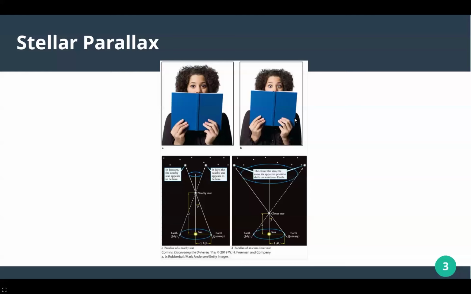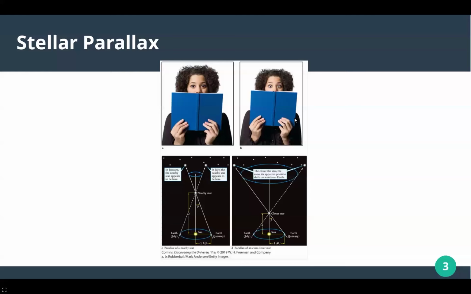So using this, our brains are able to understand what depth something is, and by looking at an object from opposite ends of our solar revolution, we can use these calculations that our brains do to figure out depth, in order to figure out how far away an object is, just by looking at the angle between where we see it on one end of our solar cycle and where we see it on the other end, just like 3D vision works with our brains. With our left and right eyes, you instead have the far left and far right of the cycle of the Earth around the sun,